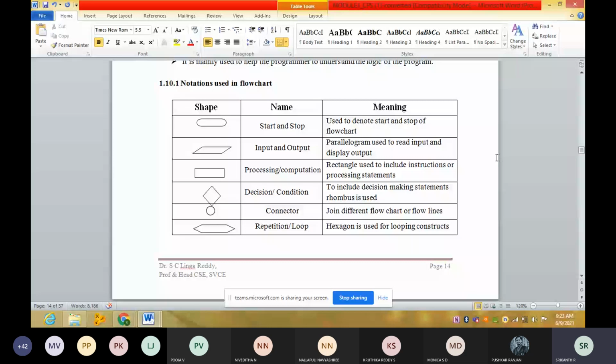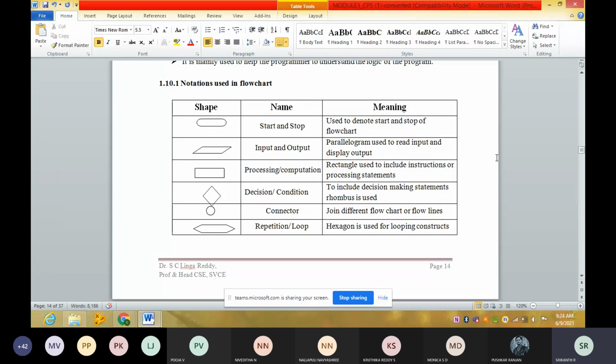In the first module, there will be 2 questions. First question, 1A, B, C or D. Second question, 2A, B, C or D. First question, 1A, B, C will be generations of computer, computer types, or types of software, LAN, WAN, MAN, or functional unit of a computer. Those 4 things you need to write. It has input devices, output devices, CPU, and memory. That diagram you need to write.